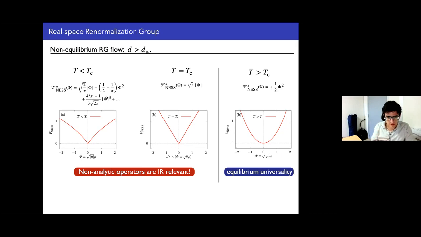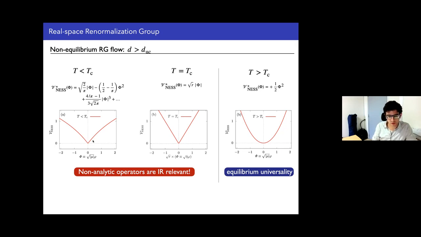And this shows that these non-analytic operators that we have discovered in the mean field approximation scheme are now actually there, and they persist into the infrared. Okay, here we're at the fixed point. We computed exactly the non-equilibrium fixed point potential, and it shows this non-analytic potential, and they are the ones that are controlling the physics of fluctuation close to criticality. At phi equal to 0, this term is winning. All right. So in particular, this cusp is really winning and is going to destabilize the usual Wilson-Fisher fixed point that is there in equilibrium.